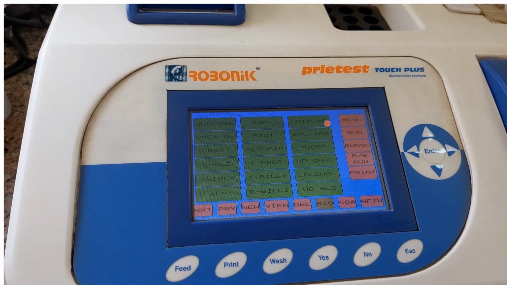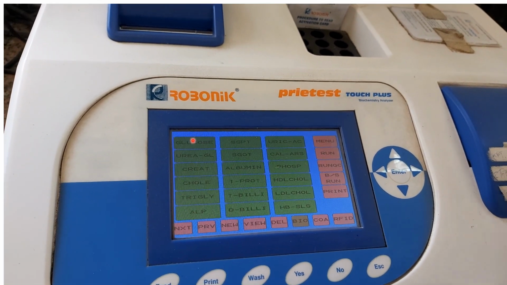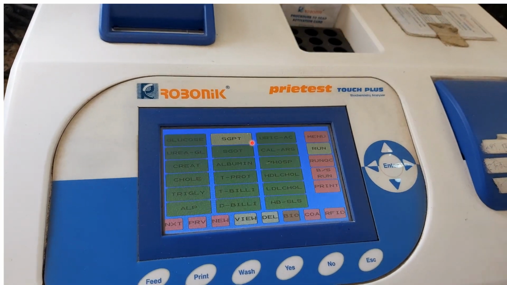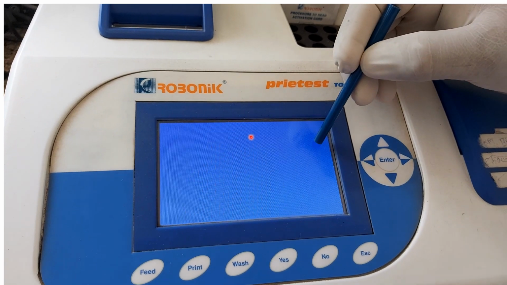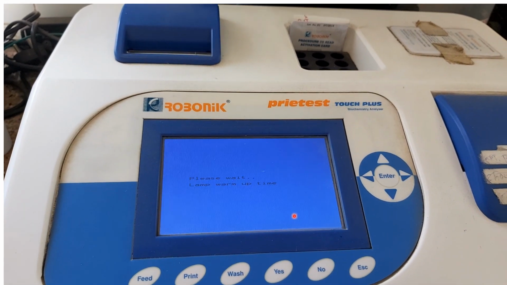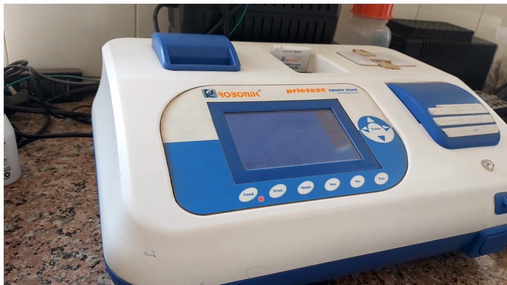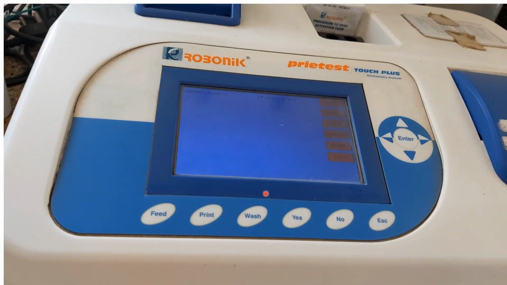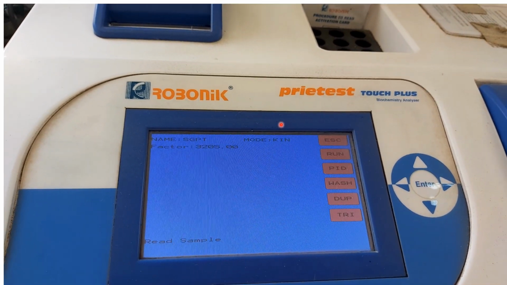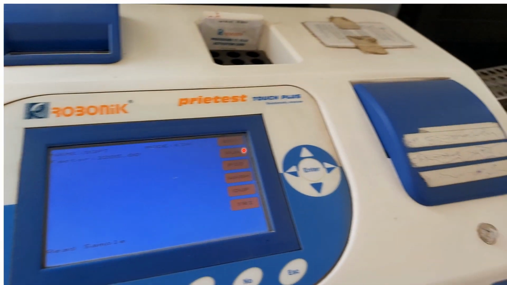Now this is the menu for all the blood tests that we perform in the lab. And we are going to select the test that we want to do with the sample. So because we are doing SGPT, we selected SGPT and then we run the test. Now the lamp will first warm up to set the ideal temperature so that the enzyme reaction is carried out. And once the temperature has been reached, the menu will open further. So this is the factor I was talking to you about. This is the factor 3205.